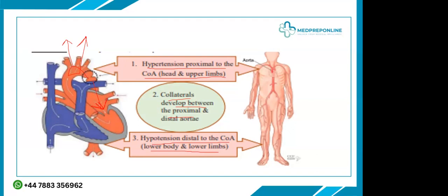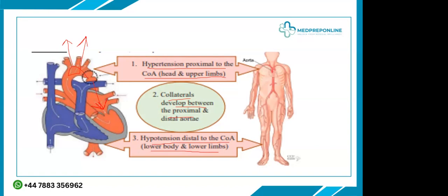And it occurs because there is very little blood flow to the descending aorta, but the descending aorta has to supply the lower extremities. Otherwise, they will be ischemic, there will be necrosis, and they will slough off. So this is the nature's last mechanism, that collaterals develop from the descending aorta. Collaterals develop from different arteries, especially intercostal arteries, and they are going to supply the lower extremity and the lower limbs. So the lower limbs are going to be supplied not directly from the descending aorta, but from the collaterals. So that's why there will be a delay, or you will feel the femoral pulse after the radial pulse,